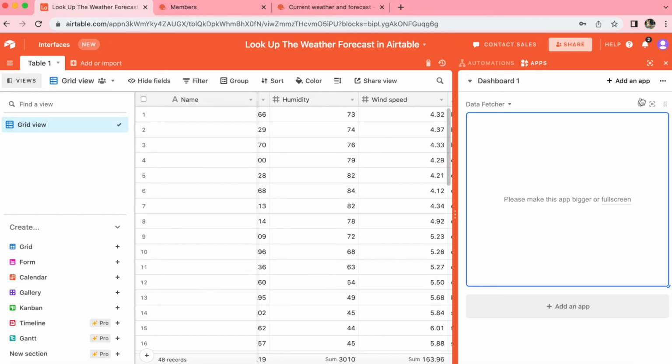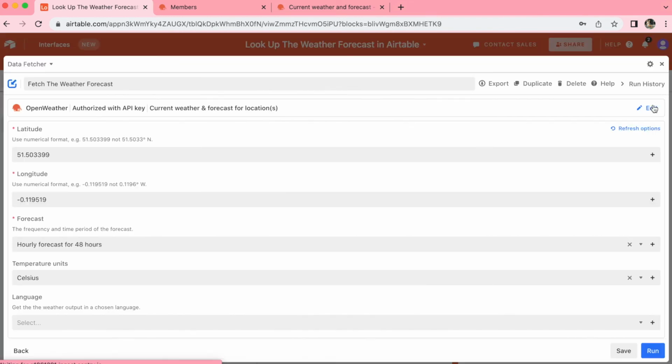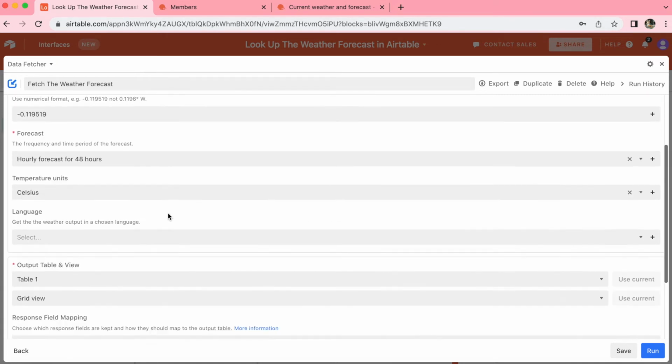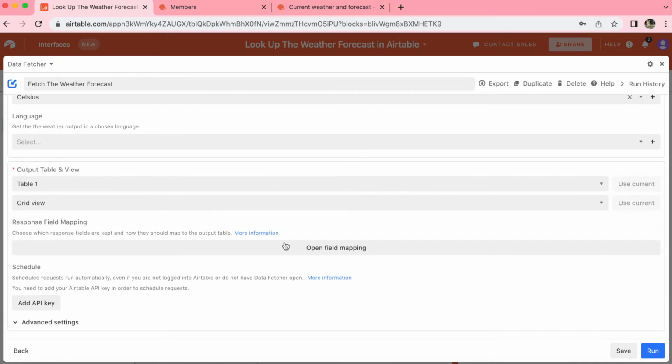So over to the right hand side, you'll see that Data Fetcher app box. And if you scroll over these buttons, you'll see the full screen button. Click on the full screen button and this will open all of those options that you've previously selected for this specific request. Then scroll down until you see the word schedule. Now this schedule option might look a little bit differently on your screen if you haven't yet upgraded to a paid Data Fetcher account. So as soon as you do that, you can come back and then add your API